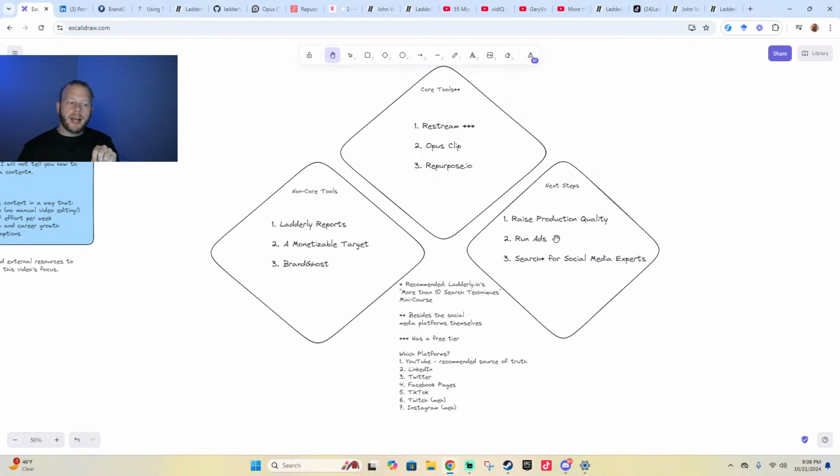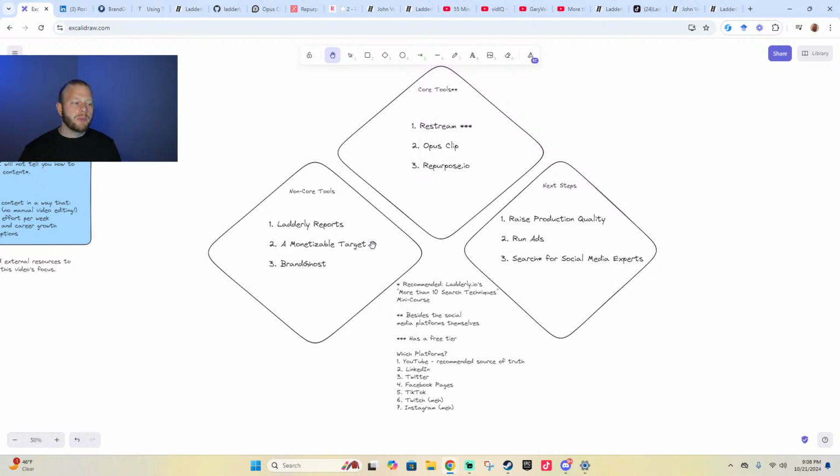But it's really hard to run ads because they're expensive. And so the way that you justify that, or you make it a smart investment, is that you have a monetizable target, you run ads, you drive traffic, and you're growing your network, but there's this stream of money that's funding the ads, and that allows you to scale. So this would be something that you can optionally do downstream if you really want to focus on growing your production quality and doing all of the things that I'm not focusing on in this video. But that's basically one of the reasons that you might want to monetize, or just like spending money. I don't know, you want to go have a nice meal once a month or something, sure.